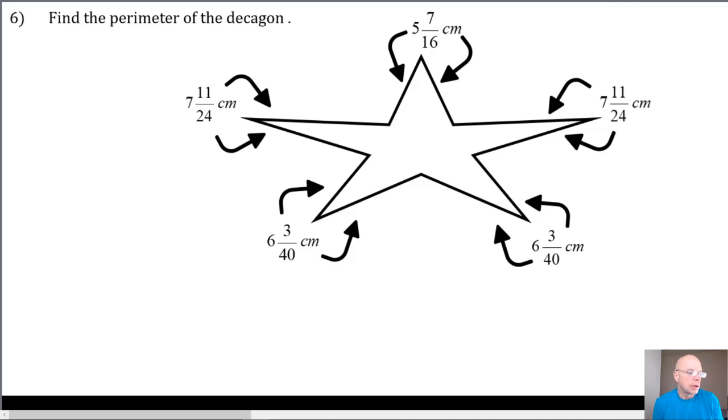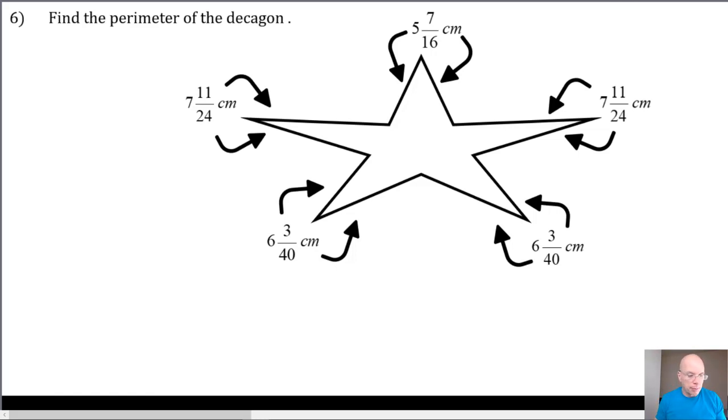On this assignment, we're finding the prime factorization and sorting into Venn diagrams to find the greatest common factor and least common multiple. You can use your prime factorization to simplify fractions. You can use your least common multiple to find the lowest common denominator when you're comparing and ordering or adding or subtracting fractions. And that's what we're going to do on problem number 6, because on problem number 6 we